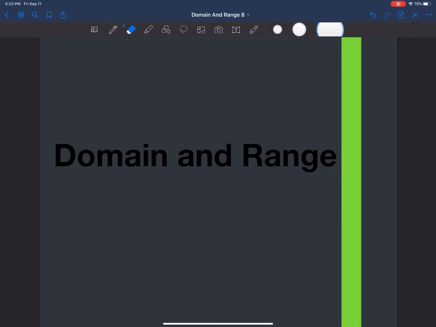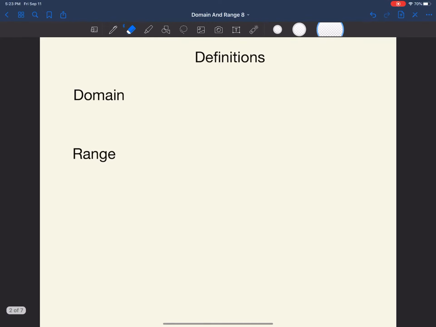Hello, today we will be reviewing domain and range. So we're going back to the basic definitions for domain and range that we used to use back in Algebra 1, Algebra 2. So for domain, remember we are talking about all the possible